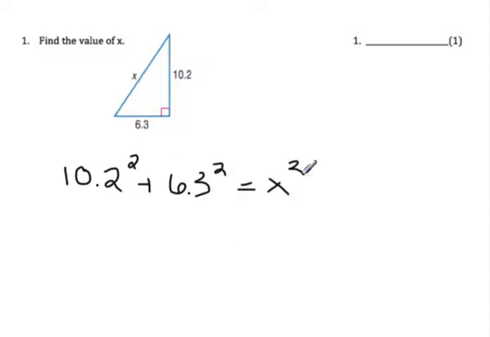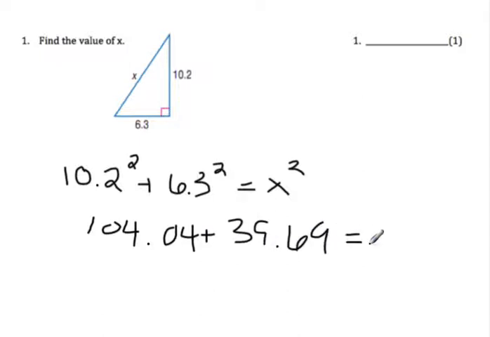When I square 10.2, I get 104.04. And then 6.3 squared gives me 39.69. And that's going to be equal to x squared. So now I can add those two together, and when I do that, I get